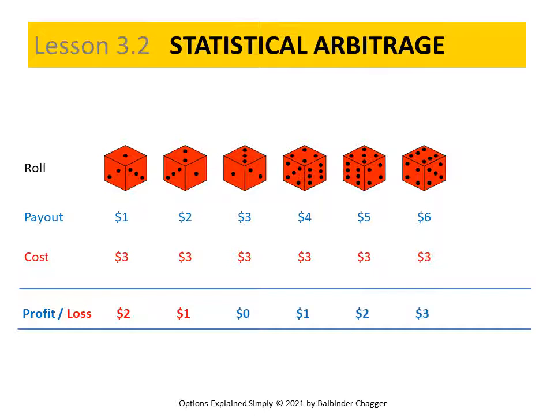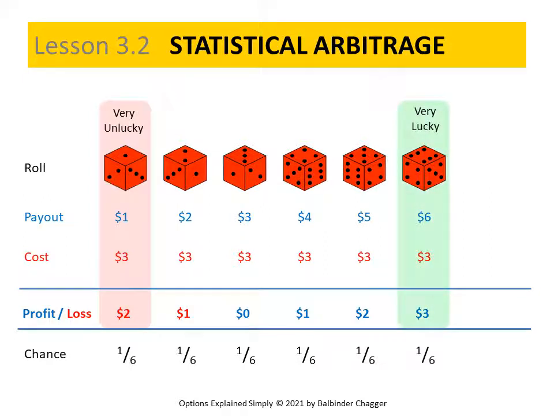We can't say for certain how much we'll win or lose in this game because we can't say which number we'll roll. There's risk and uncertainty involved. We know there are 6 numbers on a die and the die is fair, so the chance of any number being rolled is equal and is 1/6. If we play this game once only, then the 1/6 chance value is meaningless and irrelevant. We could be very unlucky and end up $2 out of pocket because we rolled a 1. Or we could be very lucky and end up $3 better off because we rolled a 6.